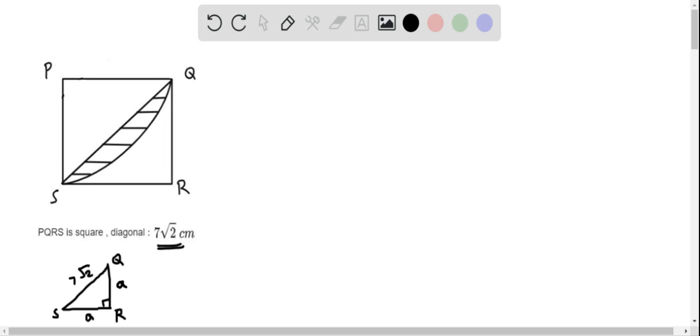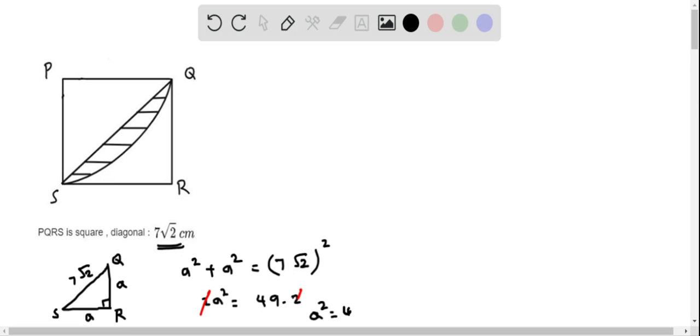So if we use the Pythagoras theorem in this right triangle at R, we can write A squared plus A squared. The sum of the squares of the two legs is equal to the square of the hypotenuse, that is 7 root 2 squared. So this is basically 2A squared equals 49 times root 2 squared, which is 2. So I write it as 2 so that I can cancel this 2, and when you do that we get A squared equal to 49,